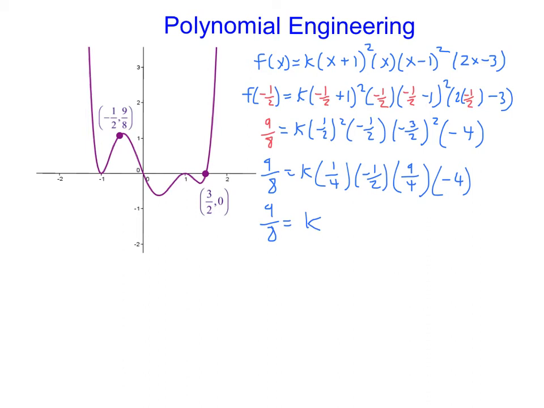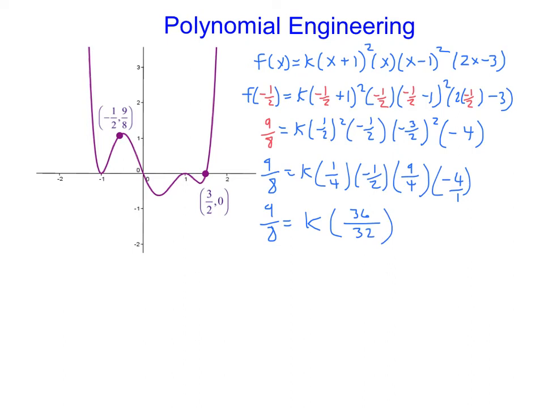So this is all going to be just one big fraction. I have a couple negative signs, those are going to cancel out. And the numerator is 1 times 1 times 9 times 4, that's 36. And the denominator is 4 times 2 times 4, and over here this is 4 over 1. So that is 32,